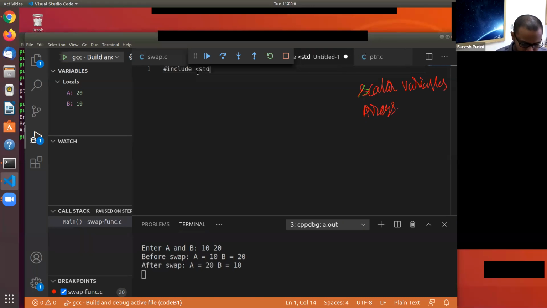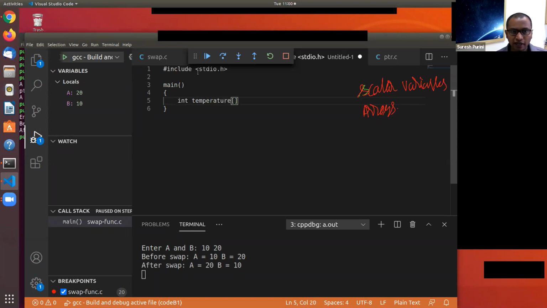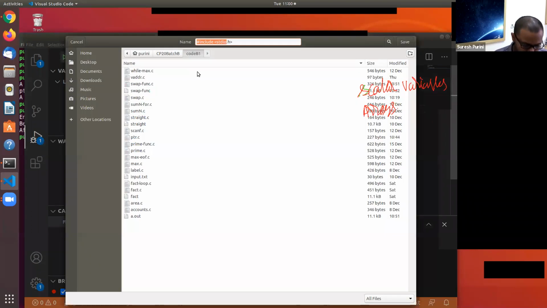#include. So let's say temperature, we'll take temperature. Let's say temperature is what we are interested in, and let's say there are 30 states in a particular country, and we want to